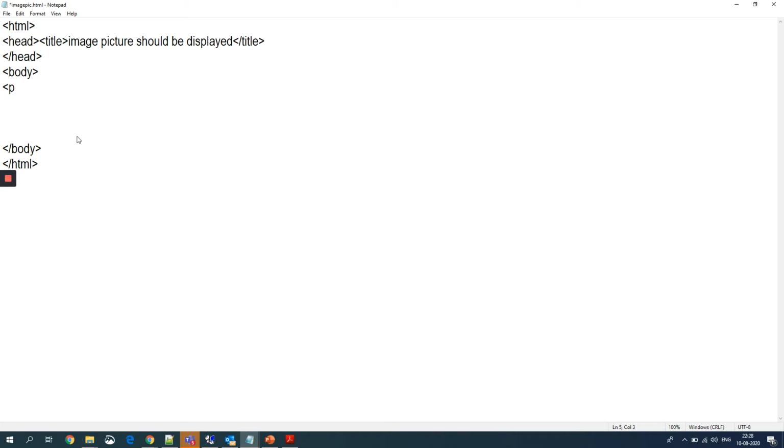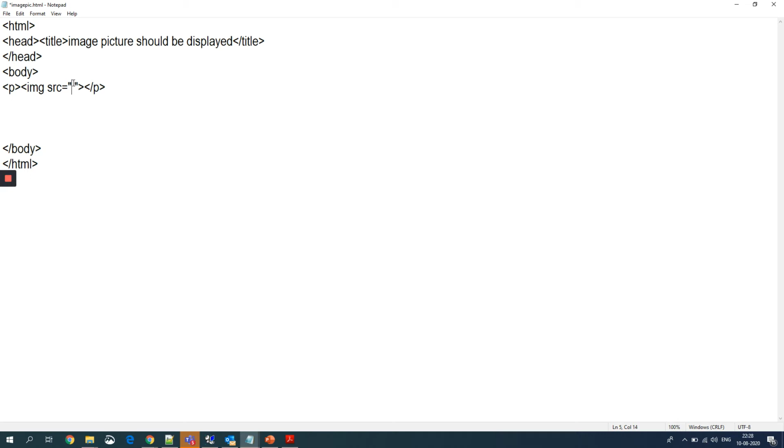I will use p tag, then IMG SRC equals to. Then here I have closed the p tag. So what you need to write here is the name of your image file.